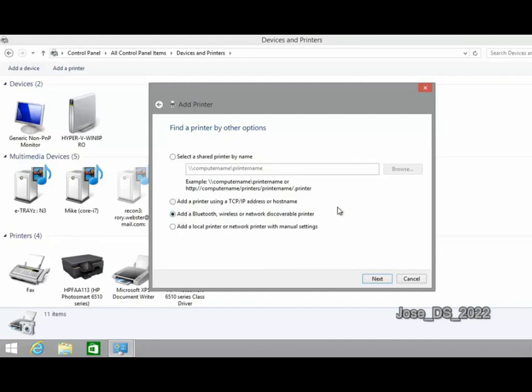If the printer connects via Bluetooth or another wireless technology and hasn't been seen, then you can select it here. You'll need to make sure that Bluetooth is turned on your PC, and you can do that in the control panel. Or you can add a local printer with manual settings, and it's here that you would add, for instance,